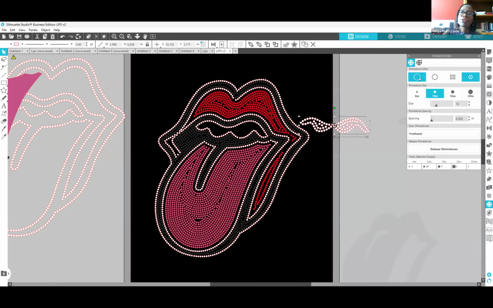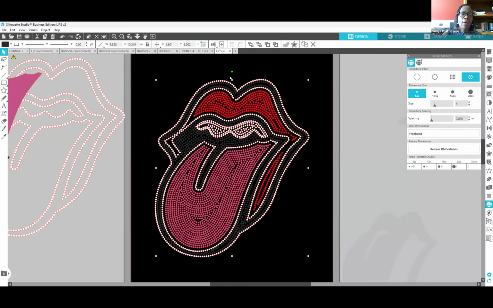I probably would go ahead and turn them into a 6 SS. Now, keep in mind, we haven't removed those other stones yet, so we're going to see the overlap, but this is just so that you can get a visual. I would go in here and make those 6 SS, leave my outline as a 6 SS,